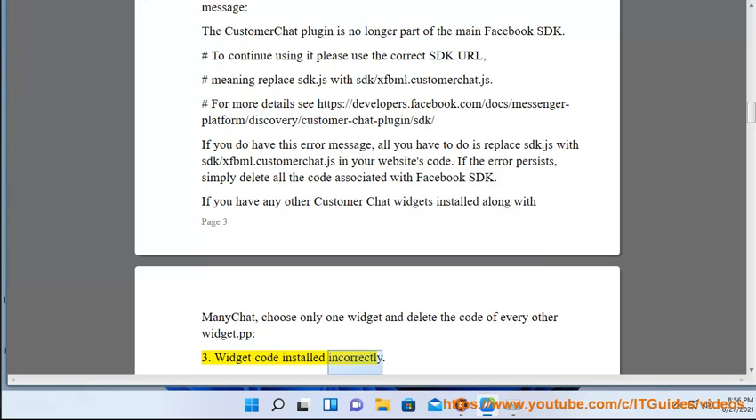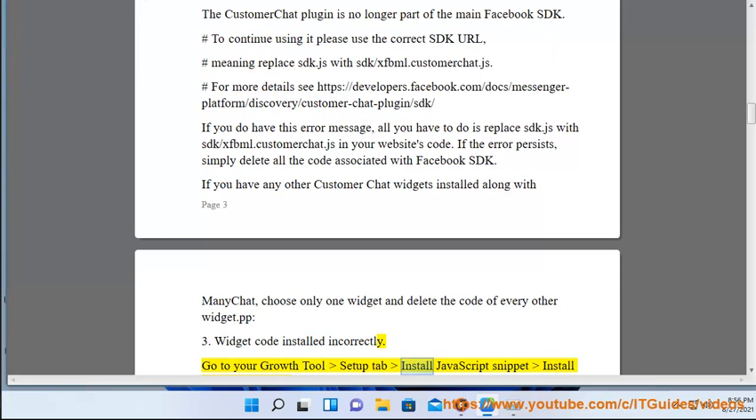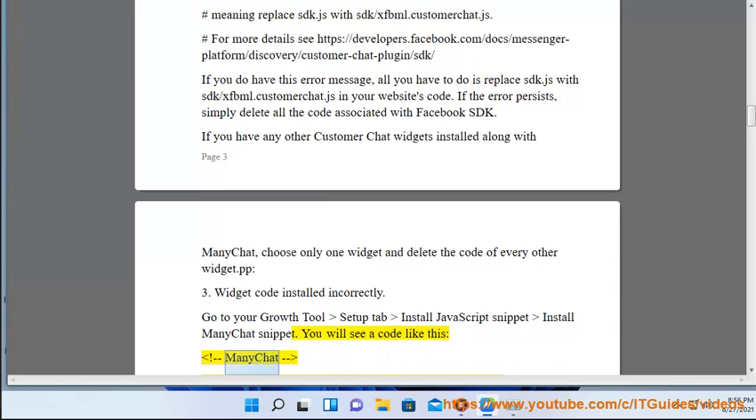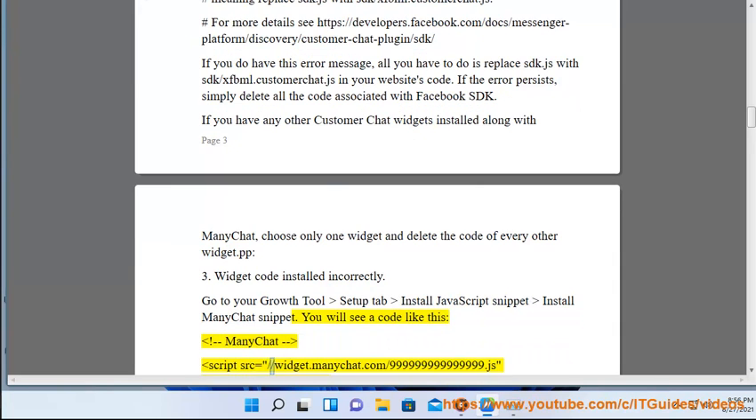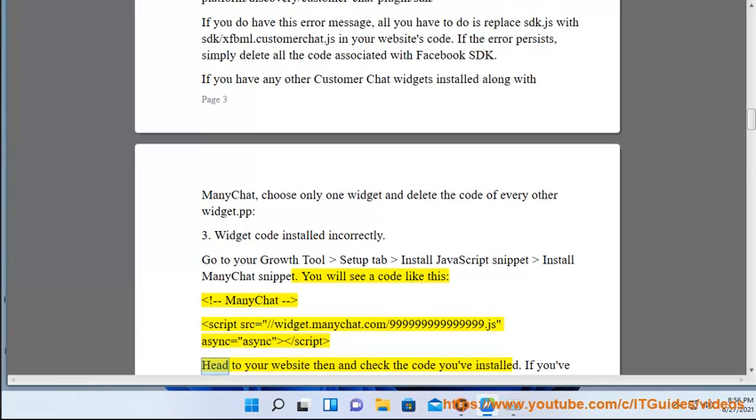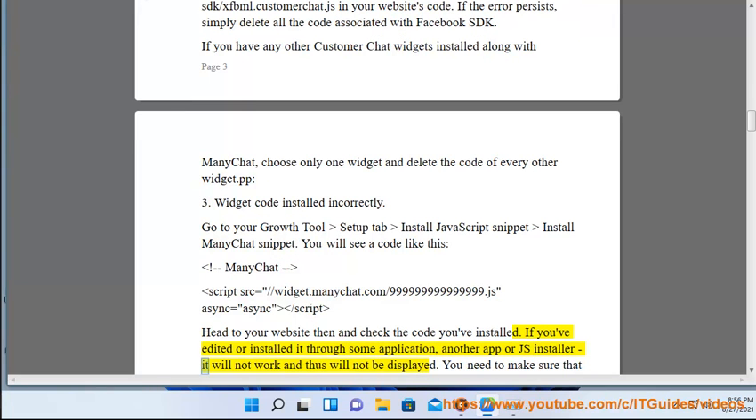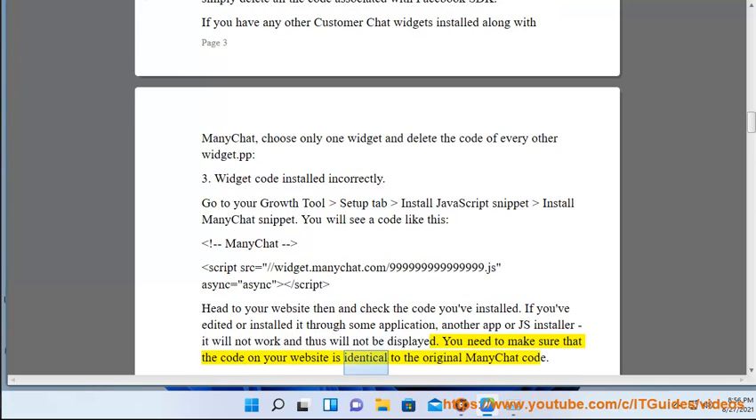3. Widget code installed incorrectly. Go to your Growth Tool Setup tab, install JavaScript snippet, install ManyChat snippet. You will see a code like this: script src equals //widget.manychat.com/999999999999999.js async equals async /script. Head to your website then and check the code you've installed. If you've edited or installed it through some application, another app, or JS installer, it will not work and thus will not be displayed. You need to make sure that the code on your website is identical to the original